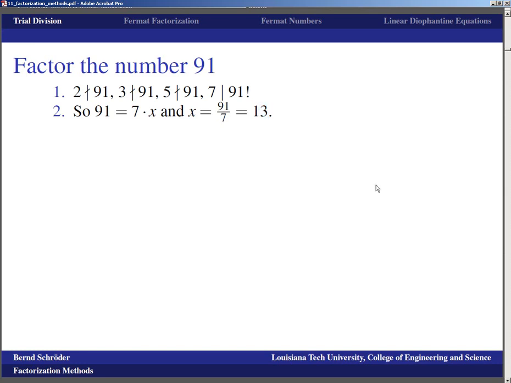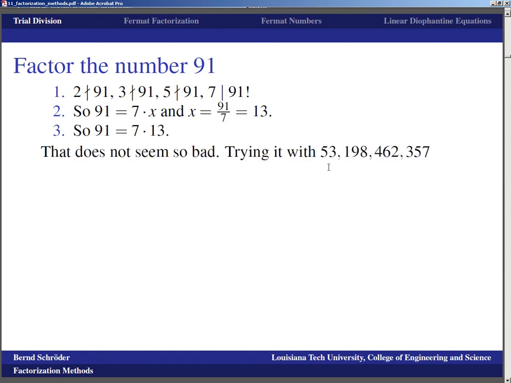In one talk, I think it was John Conway whose talk I attended, he said 91 is the first number that looks like it's a prime number, but it isn't. That's because its factors are 7 and 13, for which division tests are a little bit harder than for the other early prime numbers. Okay, so 91 is 7 times 13, and that doesn't seem so bad until you try it with a number like this: